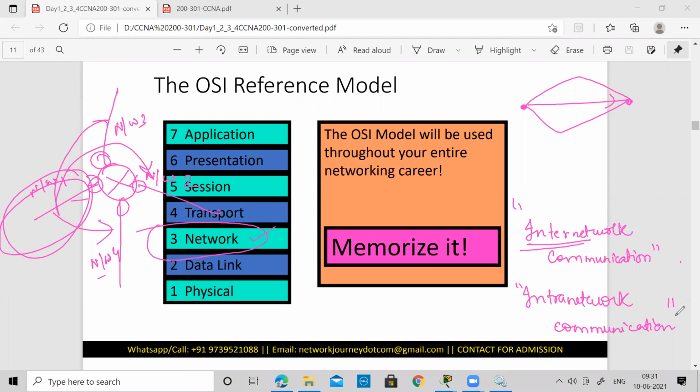Okay. How will you distinguish these networks? With the help of IP addressing. The IP addressing will help you understand that these are the same networks and these are different networks. So that's how you get to understand where to place a router and where to place a switch. This is a very, very important thing which the network layer is doing. Okay, so I hope this is clear so far.